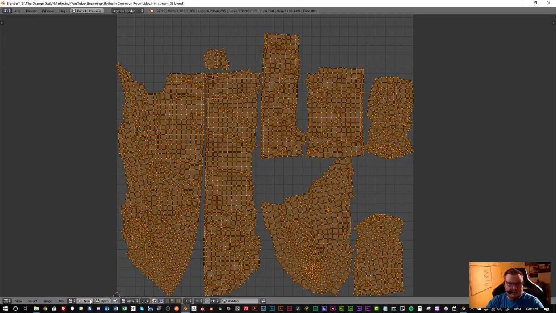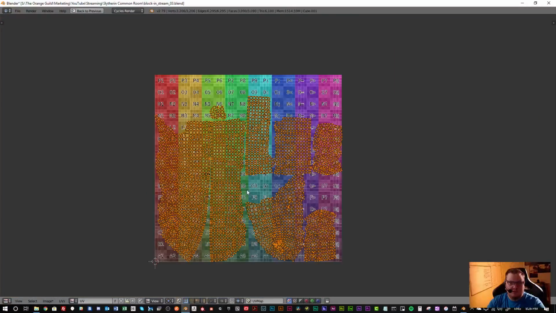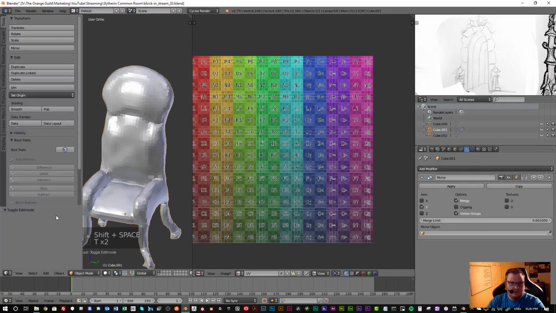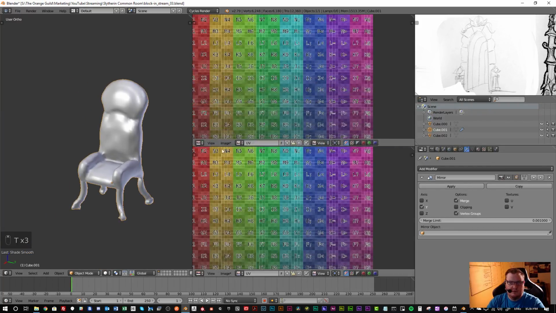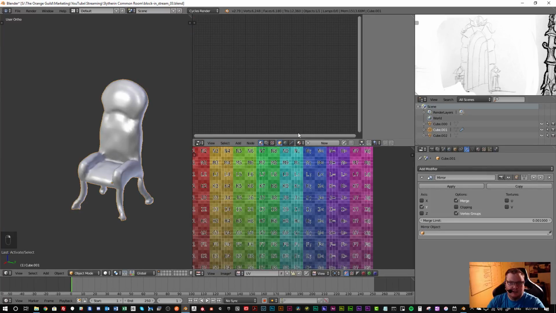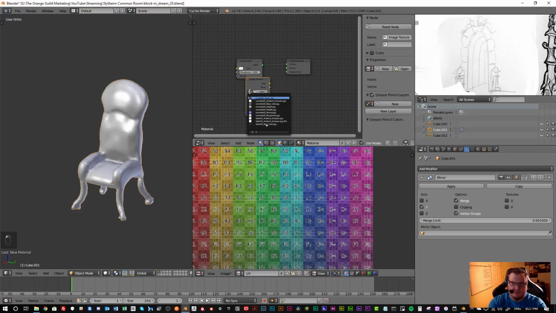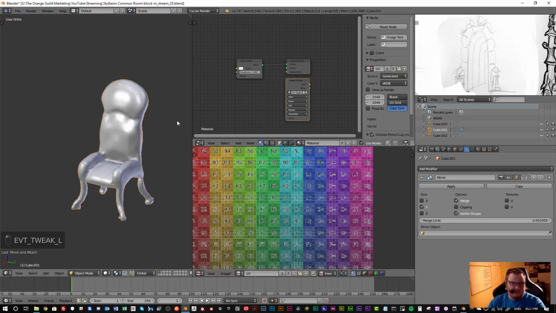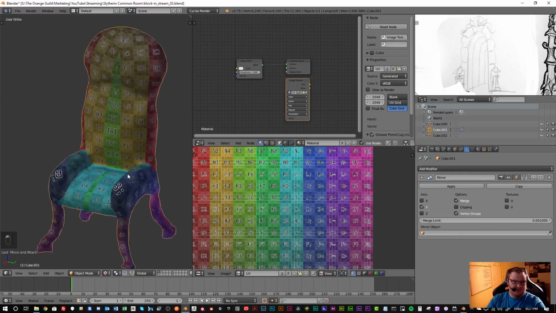We can quickly add in a new UV grid to see what this looks like on the mesh. So we can grab color grid here, hit OK. And I'm going to go ahead and smooth that. Jump into the node editor here. Add a material, add in a texture, image texture. Grab the UV image that we just grabbed, and as long as you have it selected, if you hit Alt-Z, it'll put you into textured mode,